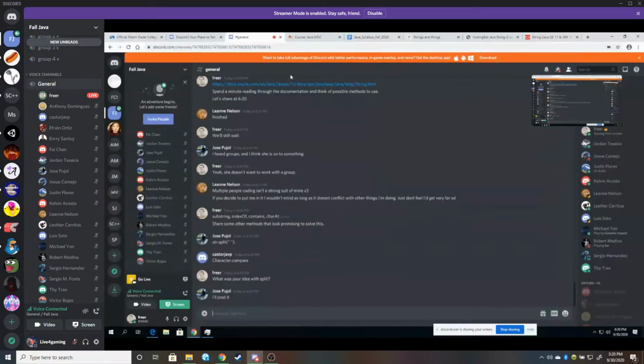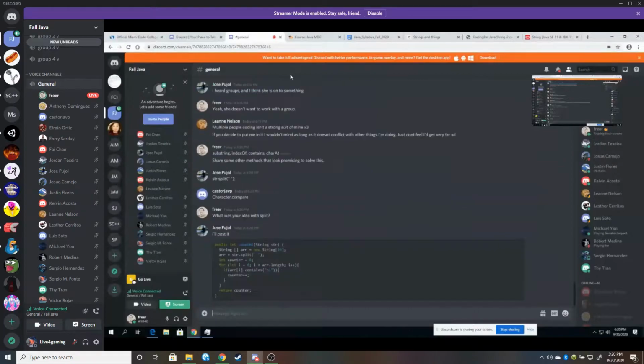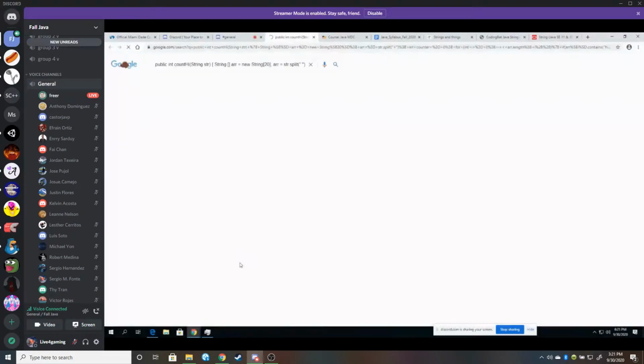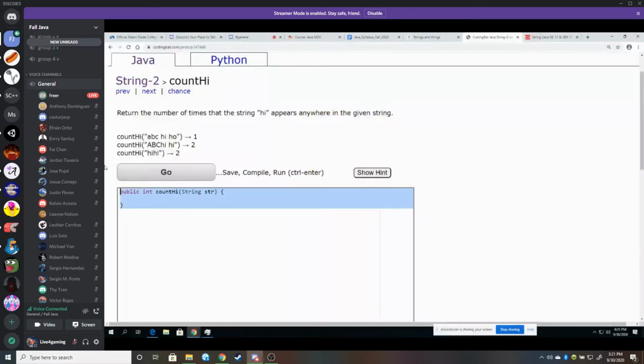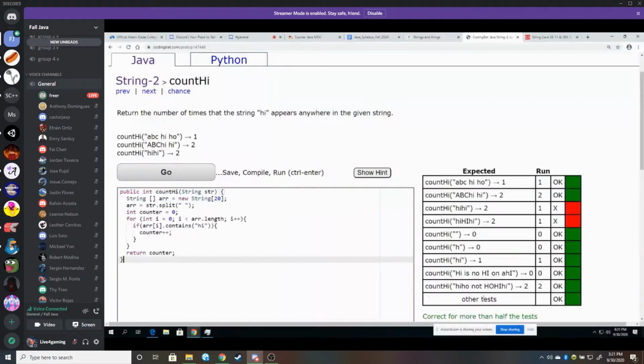Okay, yeah, so you started working on the code, that's great. Go ahead and post your idea, and we know that a student in here already has a solution, so we can always check that. So we see you split based on words, or split based on spaces. Back in here and paste it. And, oh, you did get most of them right.